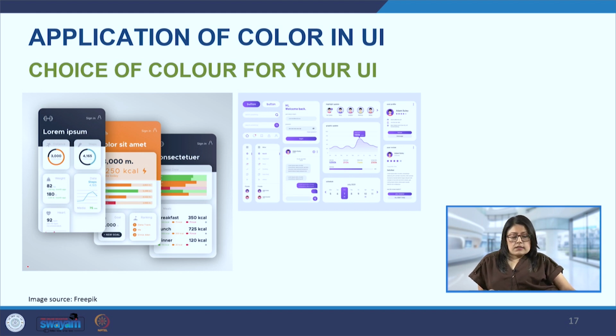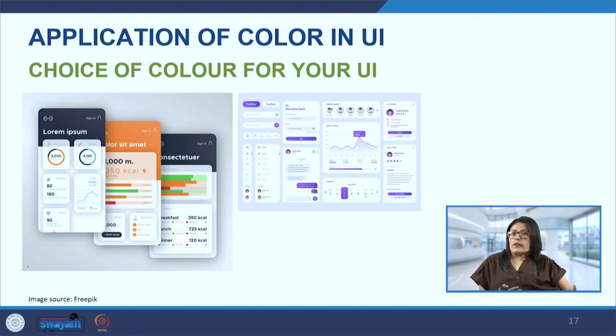The next is to use the color wheel to figure out which colors go well together. So understanding the color wheel and also looking at how colors will behave when they sit next to each other, which particular harmony we are looking at, because we want our entire website to have a certain harmony, certain unity to exist.